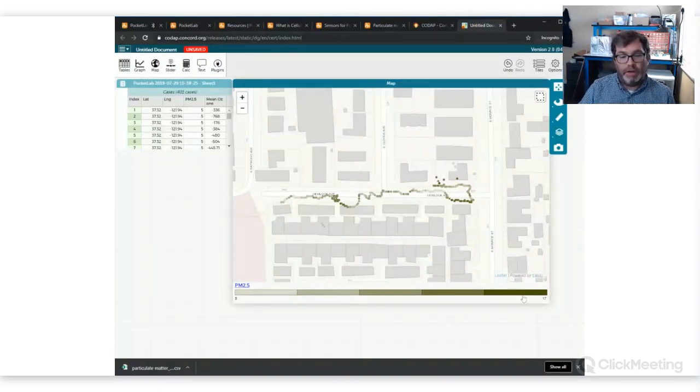up here where it's a little darker, you see it spikes up to 12 to 17. So you can see where the two pavers, where the street was being paved. One was right over here, right outside of our offices here. So I walked out, the PM data was going up. And then I started walking down the street, and you can see over here is kind of where the other